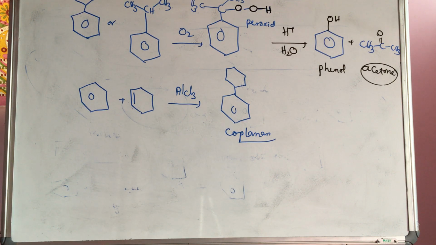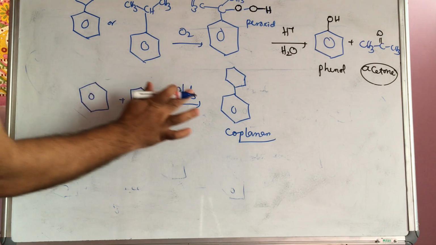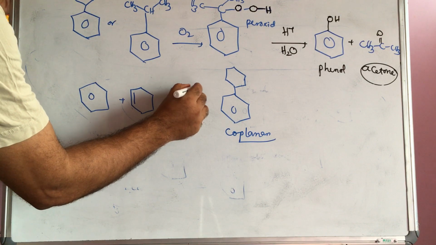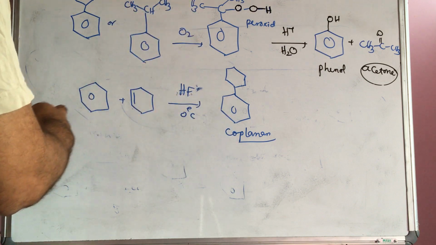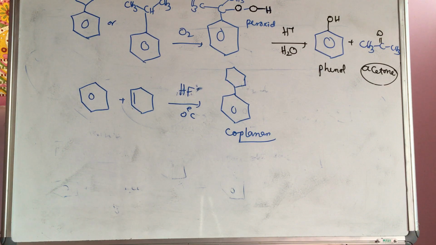Most important question in 2016 only. In the NEET exam this was asked. This can be written as AlCl3, but that time the question may be given as HF at 0 degree Celsius, hydrofluoric acid. This question asked in 2016 is very important, because we have to think which type of reaction this is: Friedel-Crafts alkylation reaction. In that they had already given the product, and 4 options are given. In that, which of the following are coplanar? This compound is coplanar, the remaining options are not in plane. So like this also they will ask.